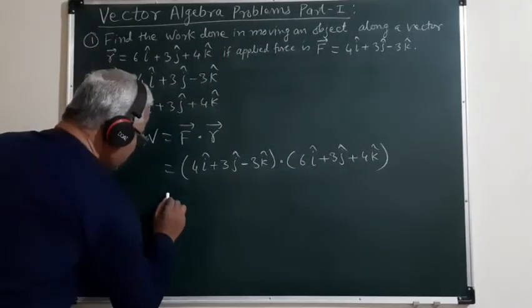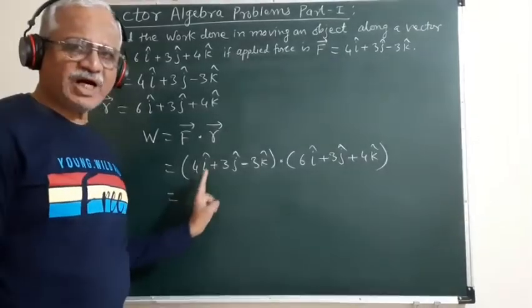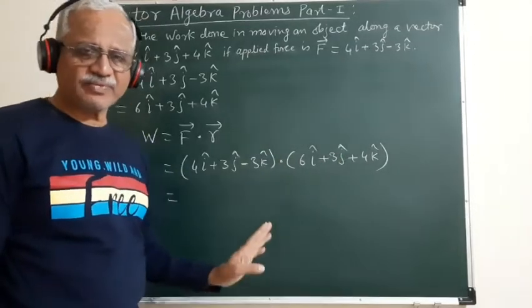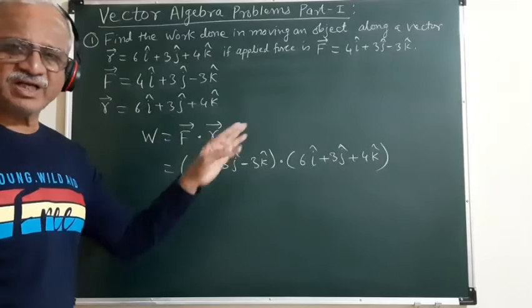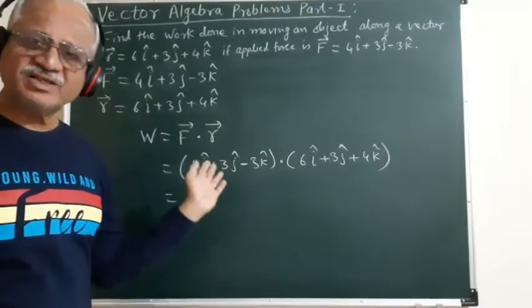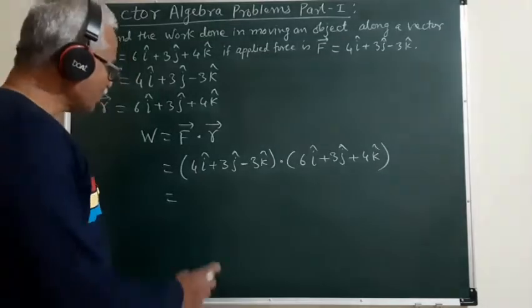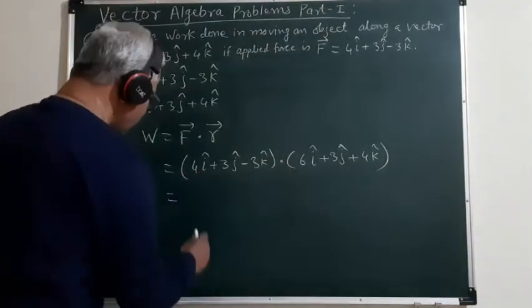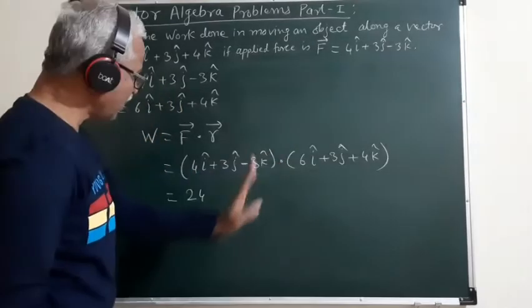So this is equal to, we know that i dot i is 1, j dot j is 1, k dot k is 1, and the rest of the dot products, that is i dot j, i dot k, j dot i, j dot k, and all those are 0. So the first term here is 4 into 6 is 24 into i dot i is 1